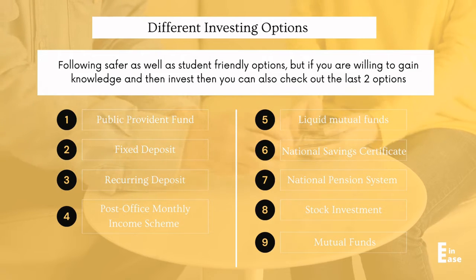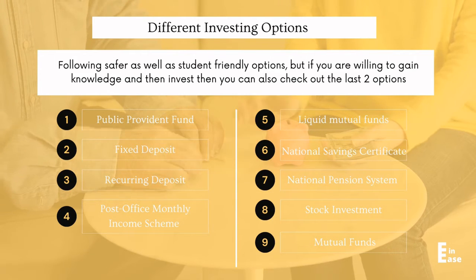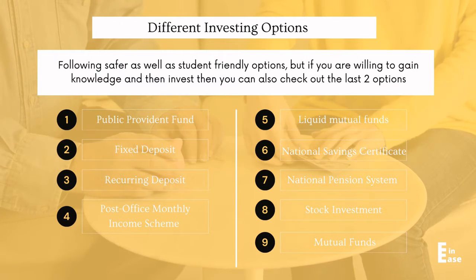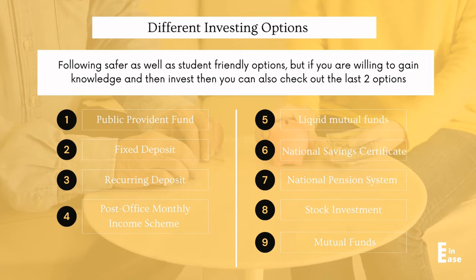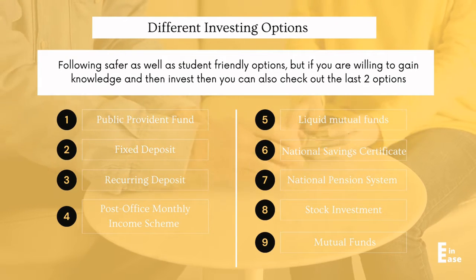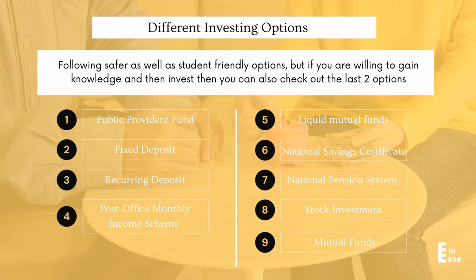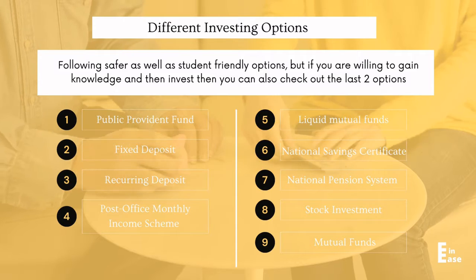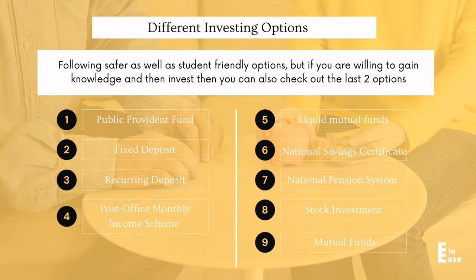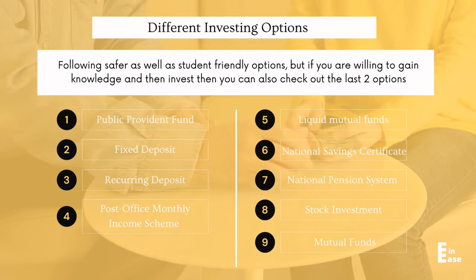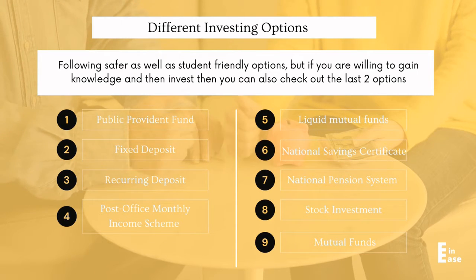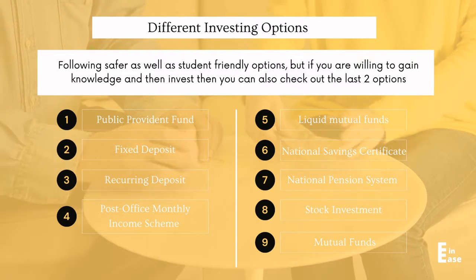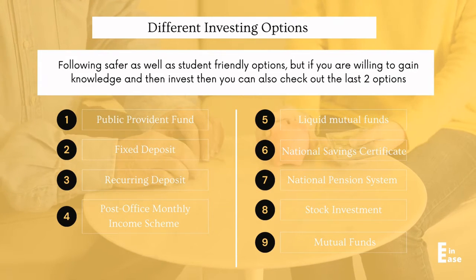Public Provident Fund, that is PPF, is a government-backed investment plan which will help its subscribers to enjoy risk-free investments for the long term. The interest rate on a PPF account is revised and paid by the government every quarter. The current interest rate is 7.9%. There is a maturity period of 15 years under PPF. But the money in your PPF account can only be partially withdrawn after a time period of 6 years. Since this scheme is regulated by the government, the principal amount as well as interest earned is completely secure.